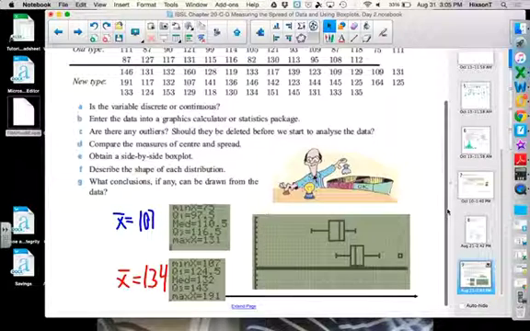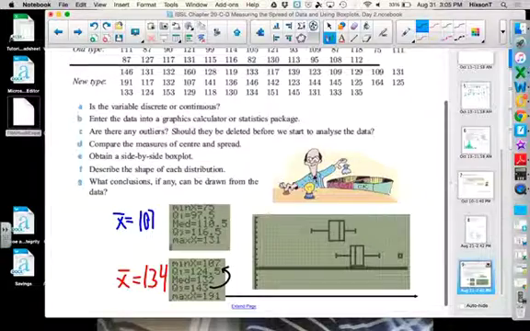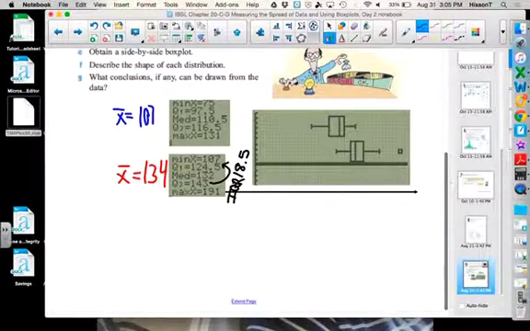So the IQR would be 18.5. 1.5 times that is 27.75. So if the outlier is above 27.75 beyond 143, plus 27.75,